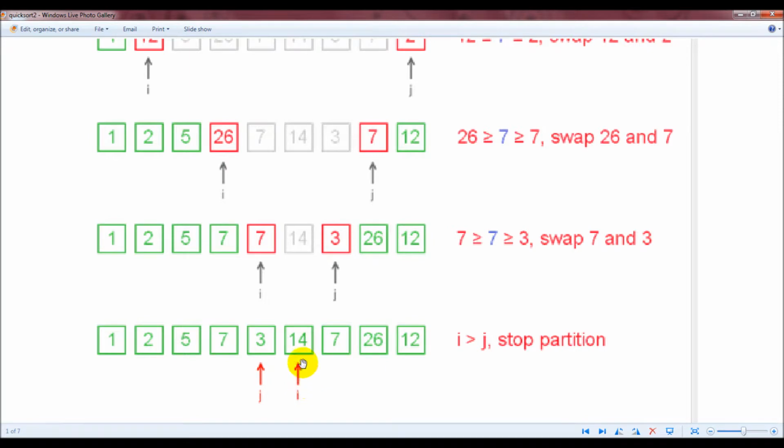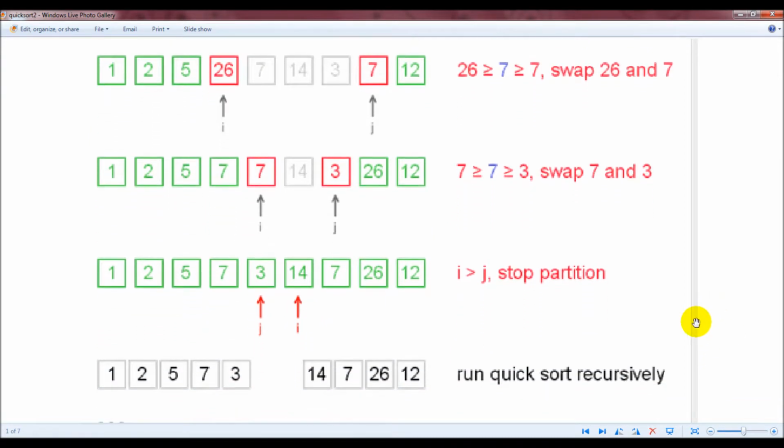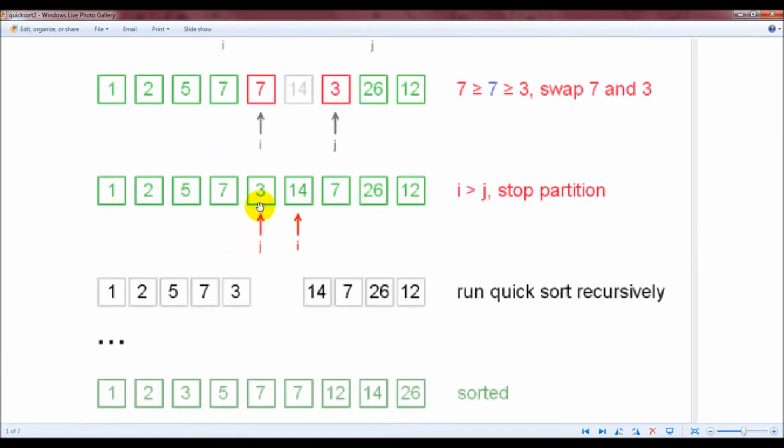I got moved up to 14. At that point, when I gets moved up to 14 and it got swapped, I is greater than J. So stop the partition at that point. Once you stop this partition, where these two crossed over and I is now greater than J, you're going to have these two lists right here, 14, 7, 26, 12, 1, 2, 5, 7, and 3. And now you have to run this recursively, and do another quick sort on this, and